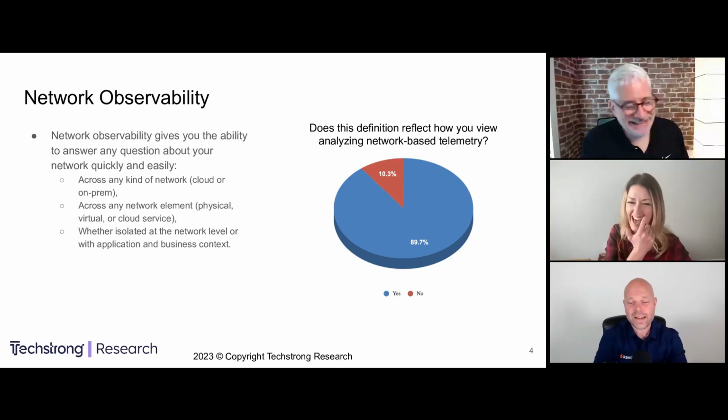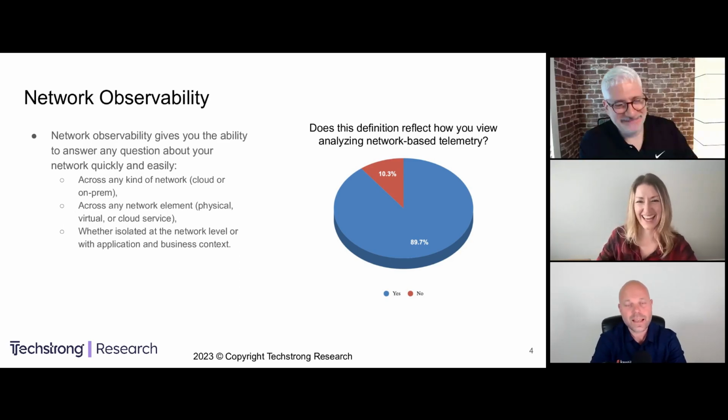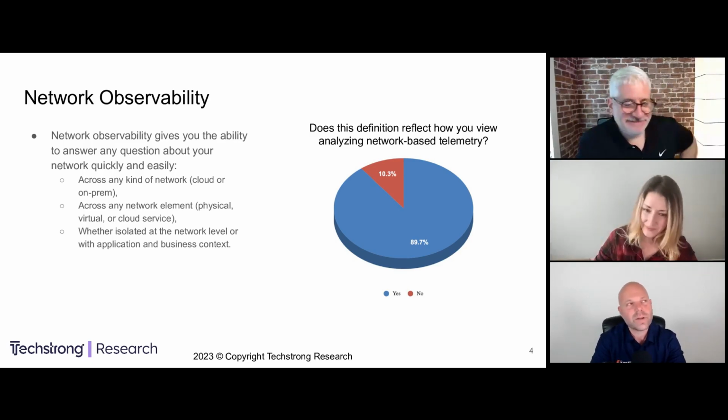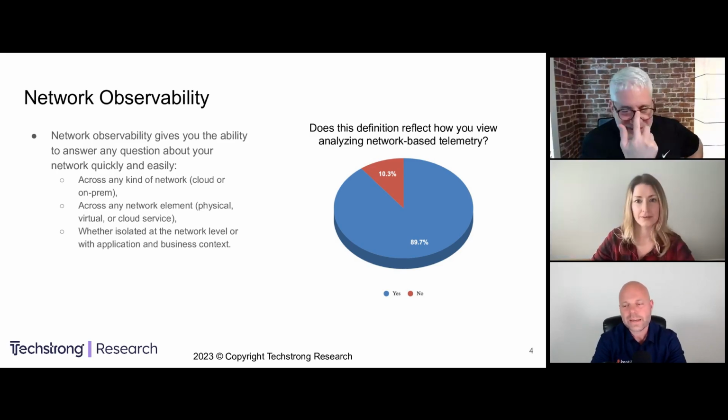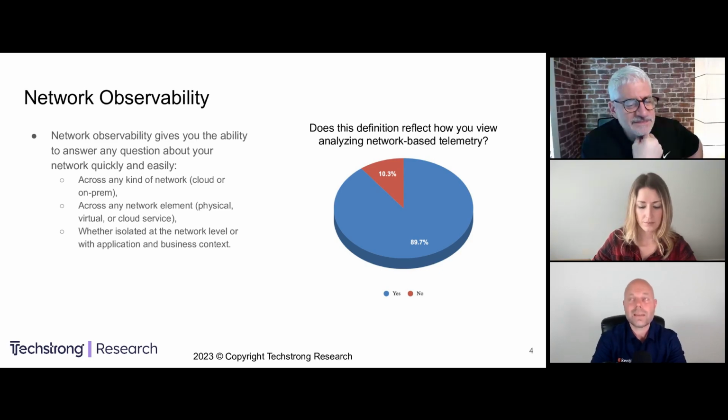I am so glad to see 89.7% of respondents say yes. That means that something is changing, because only a couple of years ago, when I said the term network observability, I almost got smacked in the mouth. Folks were like, oh my goodness, another marketing term. And now folks are understanding. They're starting to see that, yeah, we need to gather all, you used the term broad, I would say exhaustive. We need everything that an application touches to get to you. We want telemetry from that, because it isn't just the IDF down the hall, copper wire, twisted pair, or RF if you're on wireless, and then my laptop. It's a lot more than that. And so I'm glad to see that starting to change.